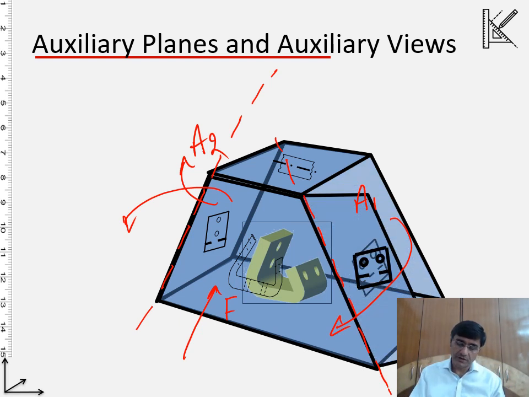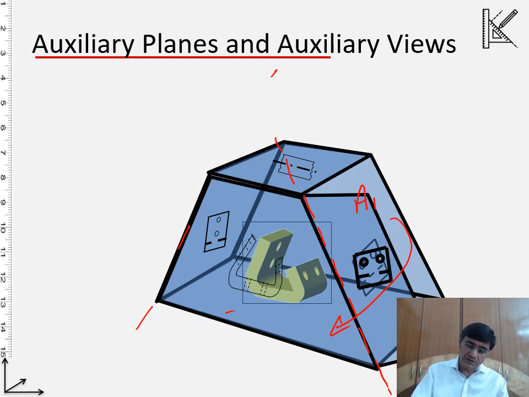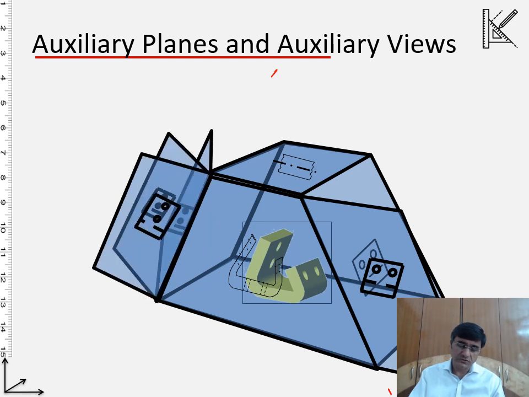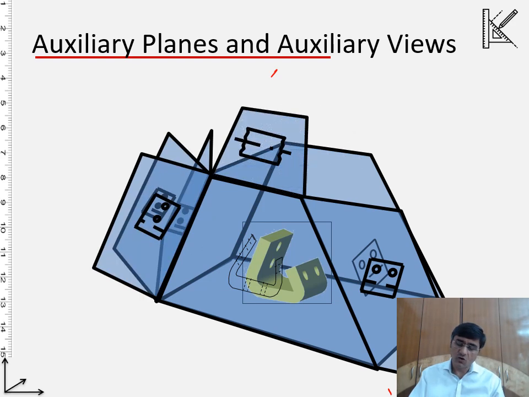So if I open it, that is how things are opened. Let me remove this so that you can see it a little better. If I open it, that is how things are opened, and similarly for the other one also. And the top one also I can open.